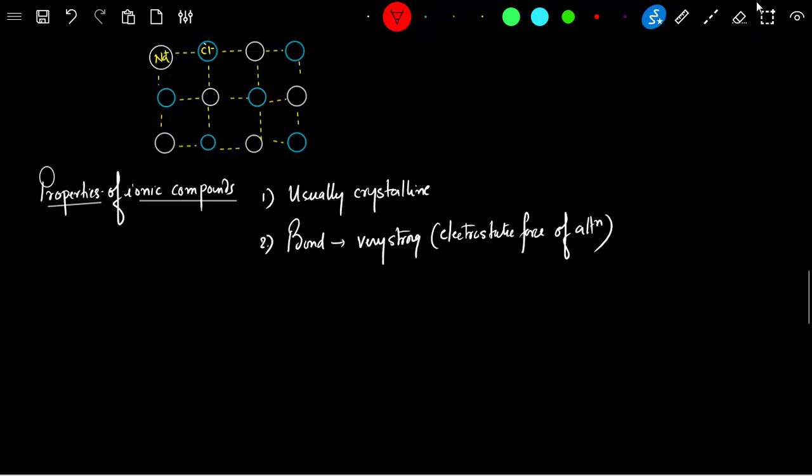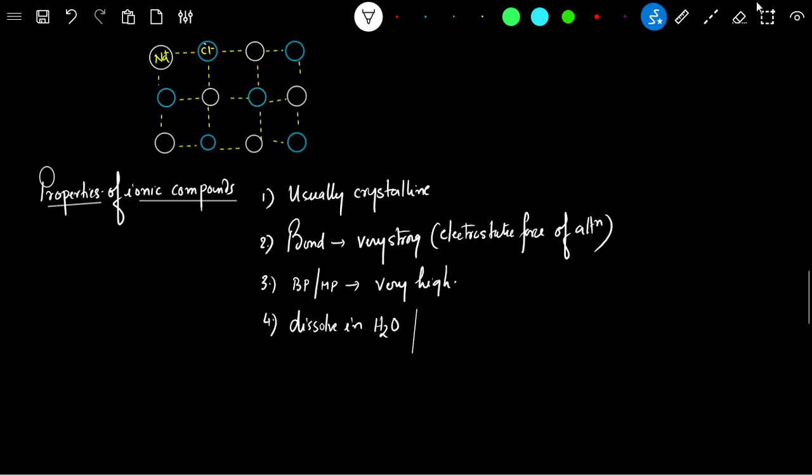Now since the bond is very strong, the third point comes from here itself, that their boiling point as well as their melting point will be very high. इनके बॉइलिंग पॉइंट्स काफी हाई होंगे, बिकॉज बॉइलिंग और मेल्टिंग में आप करते क्या हो? You break the bonds between the constituent particles. You can break them. Their force of attraction is very strong, and since they are ionic, they will dissolve in water. घर का नमक देख लो, पानी में डिसॉल्व हो जाता है, but they will be insoluble in organic